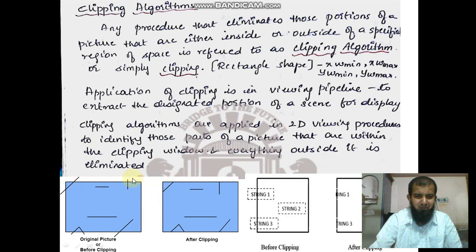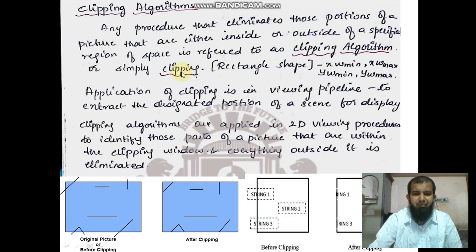Similarly here also, the part which is above this rectangular box gets eliminated. Clear, no? Similarly in text also, the part which is outside the window gets eliminated.